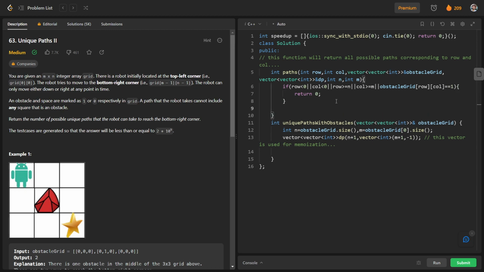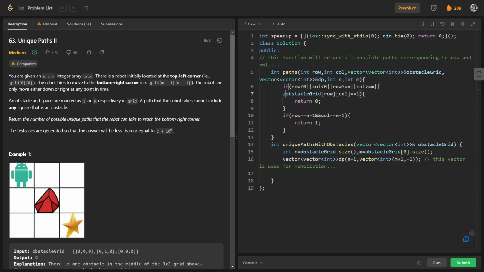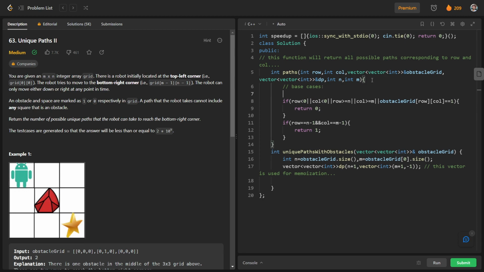And talking about another case, if row is equal to n minus 1 and column is equal to m minus 1, so if the robot is able to reach this cell, we can just return 1. So these are the base cases. Okay, so I will write here base cases. What was the first base case?